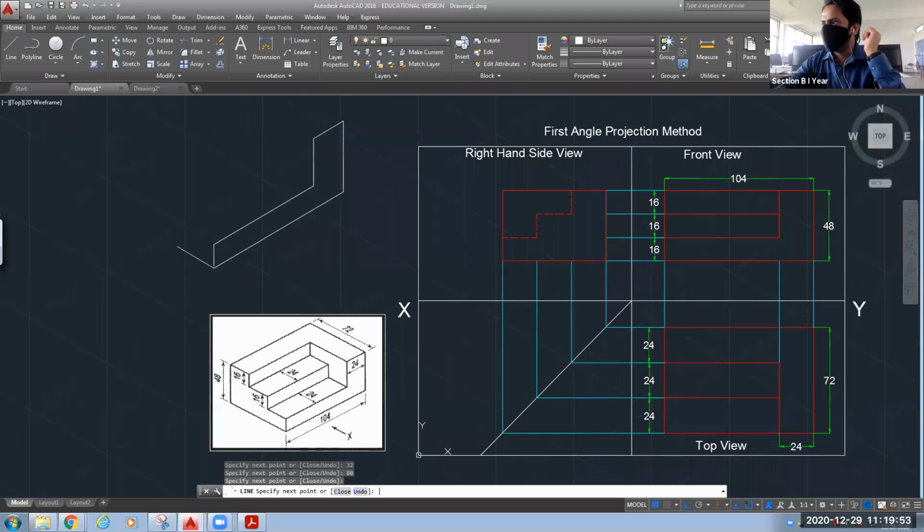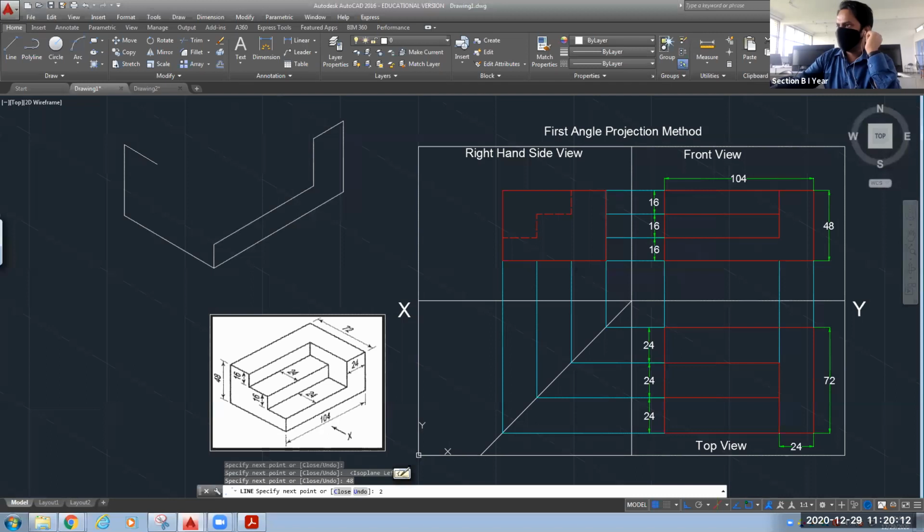So I will press F5. Okay. Now see, my cursor is in this direction. What length do I want to move? 72. In vertical direction, 48. I am just giving the direction of the cursor and moving.